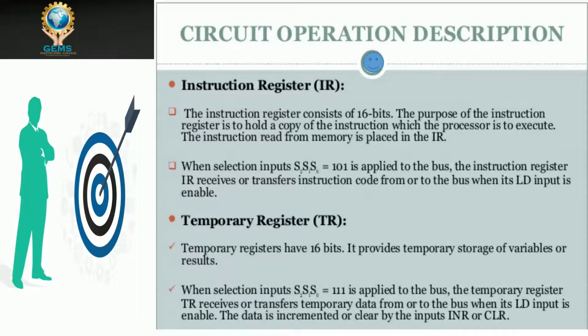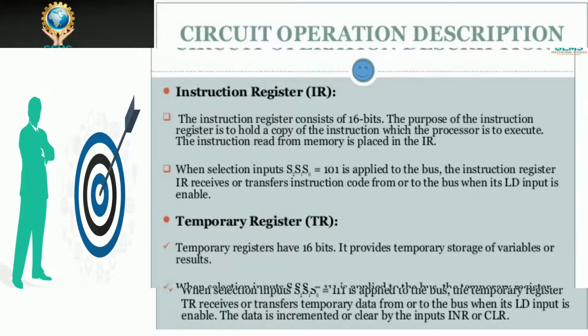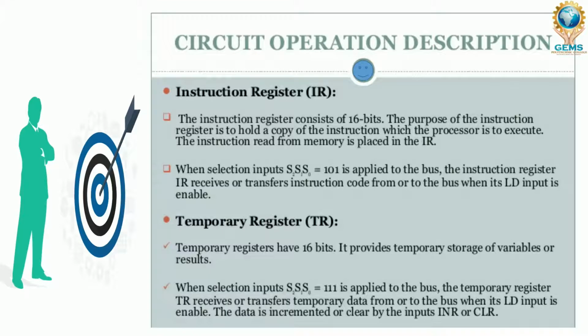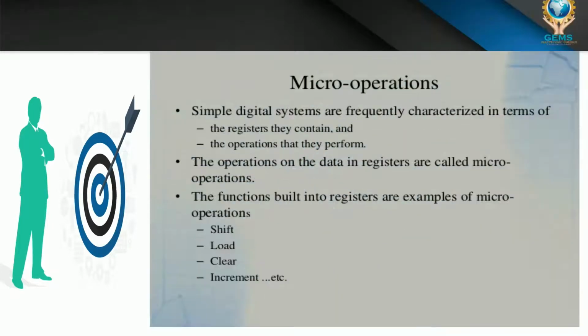And the next one is the temporary register. When the processor needs to keep the result temporarily, again it needs a register. When one process is over, then you want to keep that result, so you need a temporary space. The temporary space is provided by the temporary register in a processor. So these are all the different types of registers that you are using in a computer, and these are their functionalities, how they are working. This is about registers and their functionalities.